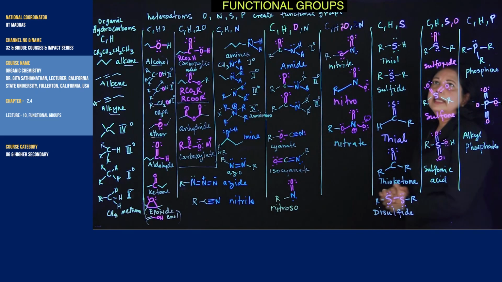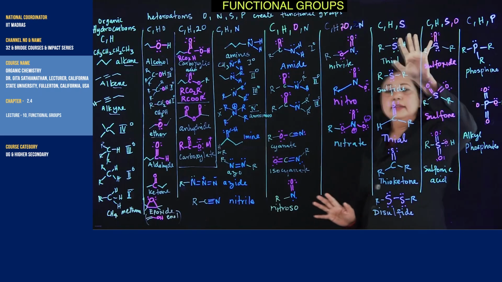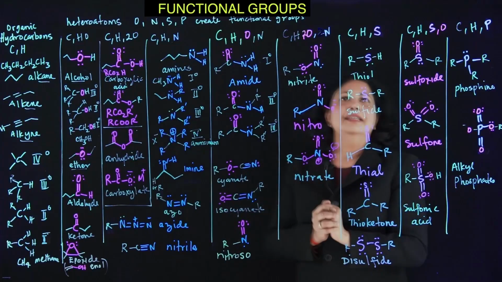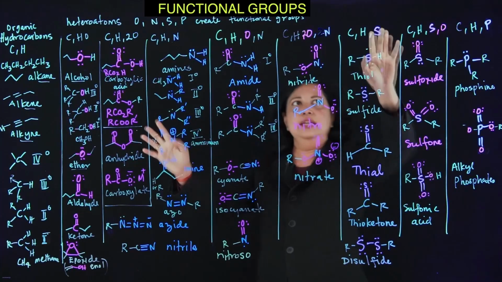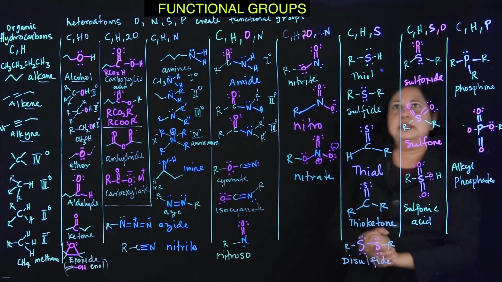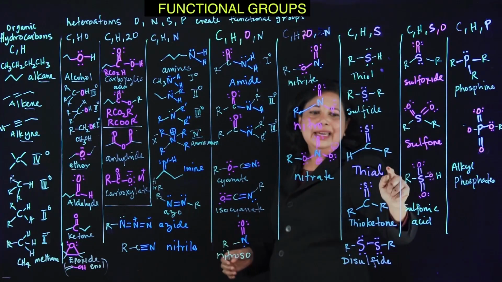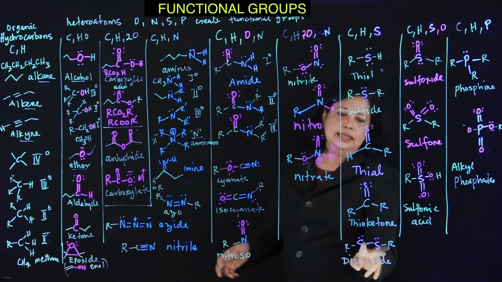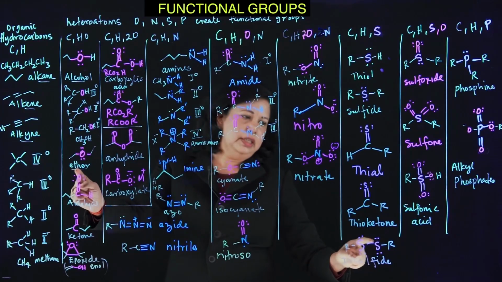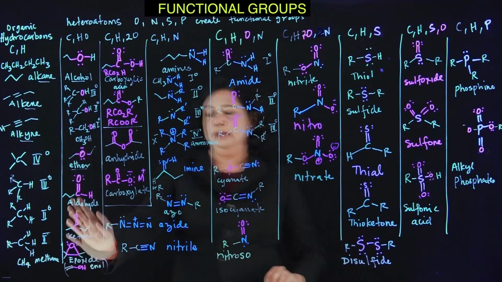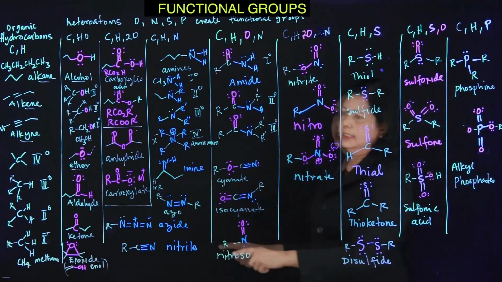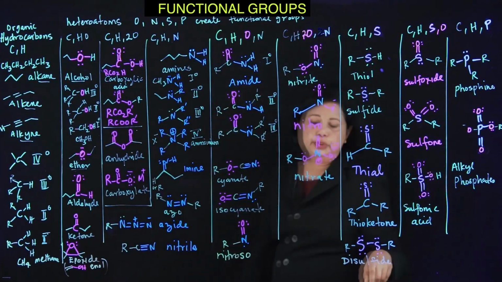Now, if you put a sulfur in there, your chemistry changes and they stink. Warning. So if you have a thiol, it's just like alcohol. Sulfur and oxygen, they're in the same group. So kind of similar functional groups, thiol, sulfide, thioketone, and disulfide. Now you do find peroxides in oxygen as well, but they're not very stable. So you can have peroxides here, RCO3H.